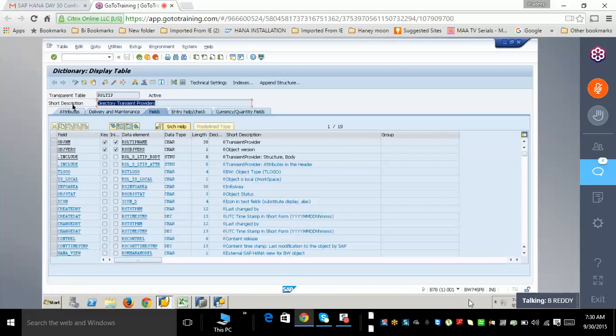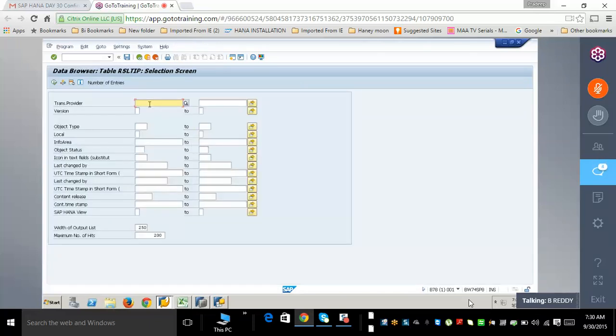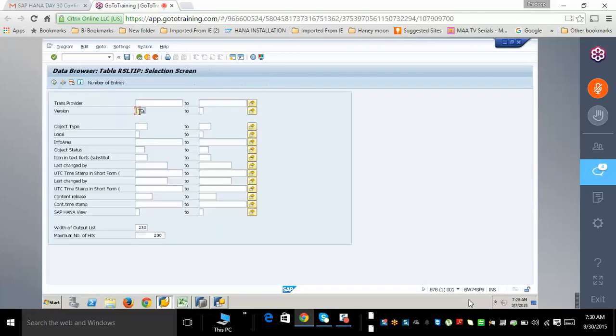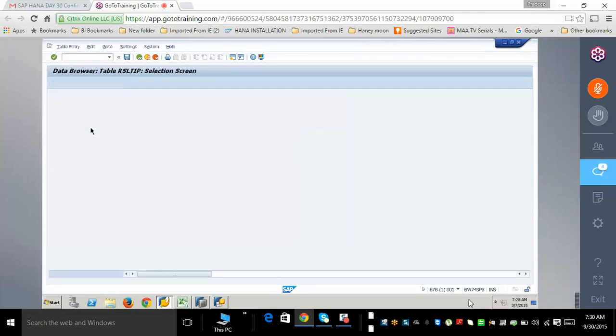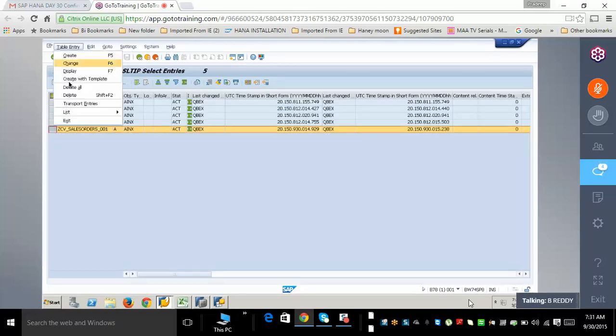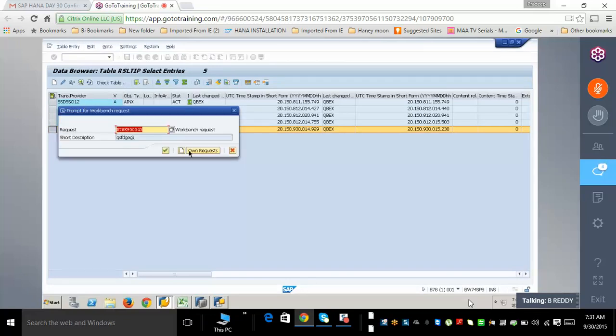Basically what I'm saying is you cannot transport the transient provider directly with the direct mechanism. But when you create a transient provider in the system, it does maintain some entries in the backend tables. If I can move these entries from this table from development system to quality, is a transient provider available in the quality? So get into this. And what was yours? ZCV sales order. This was your transient provider. Just select this entry and say table entry and say what? Transport. And then collect into